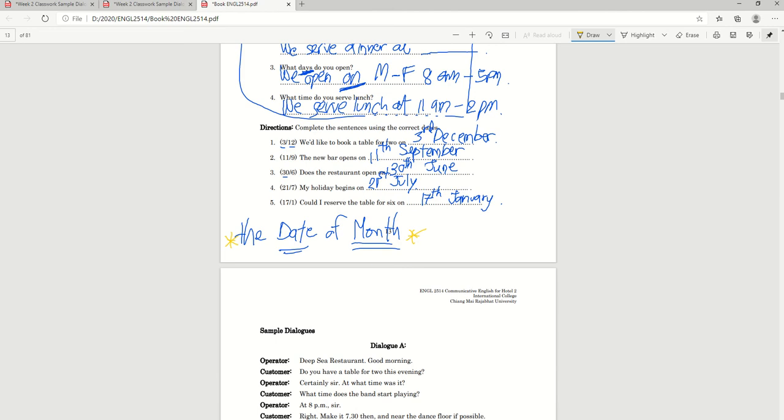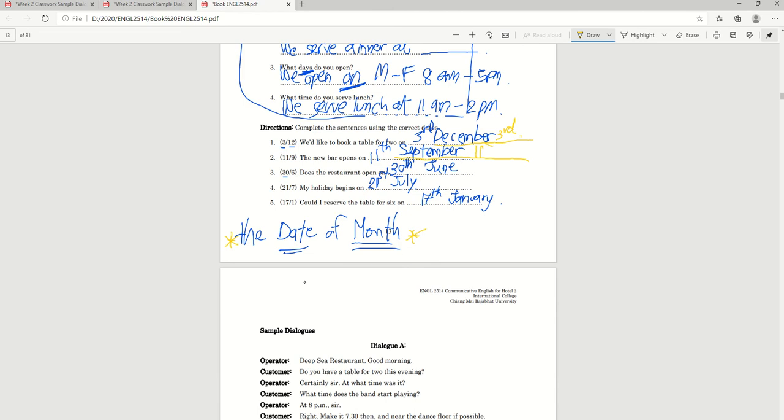Look at the yellow one: we'd like to book a table for 2 on December 3rd. That's it. For this way, you do not need to say the and of. You just say December 3rd,